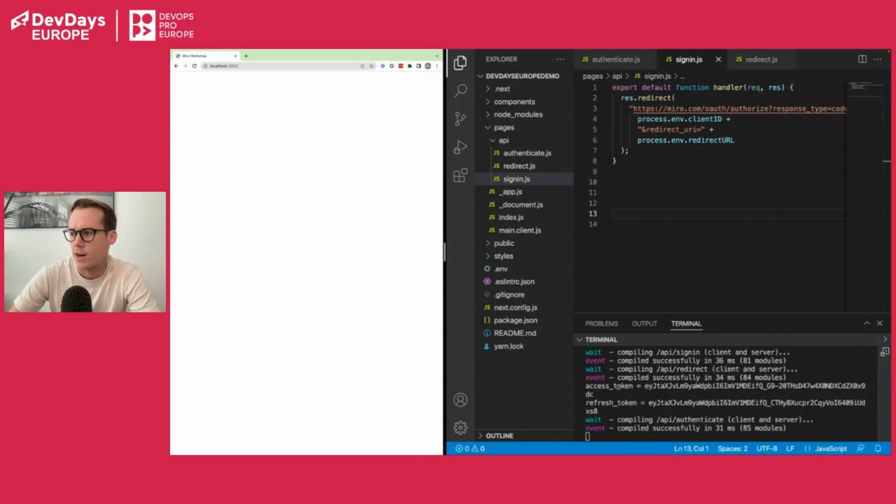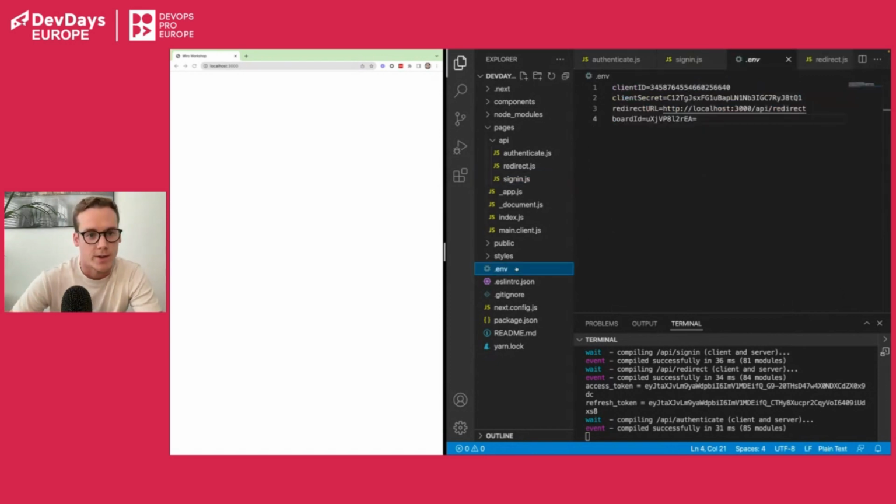And then you can see here on the right-hand side, I have an access token and refresh token that I'm logging in the console. So we know that we just authorized and successfully got the access token from the OAuth endpoint for Miro. But where did this happen and how did it happen? So to take a step back, just to go back to the authorization URL we constructed, you can see here that we passed a client ID and a redirect URL. And we're storing these here in our .env file because they're sensitive credentials. And the redirect URL we're specifying is localhost